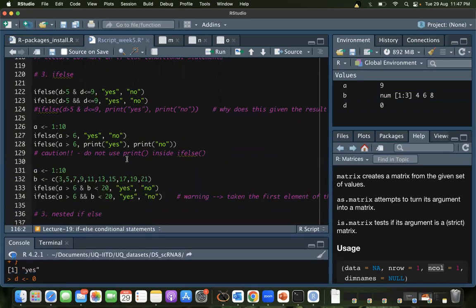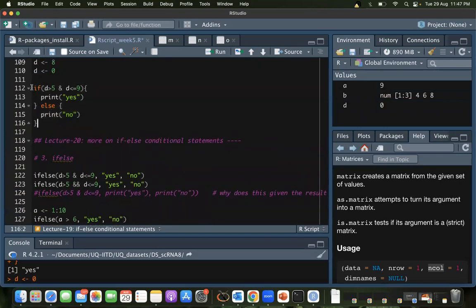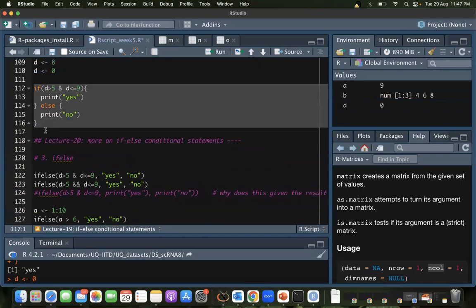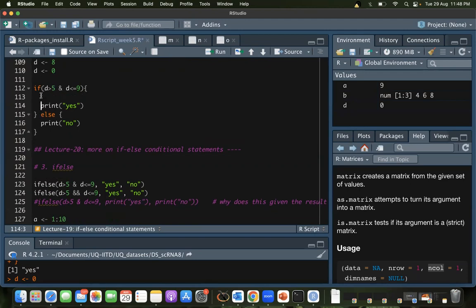Now, further going into some if else statements, I would just like you to be a little careful. This is a good way. This is actually a recommended way of doing it when you have multiple statements within the chunks. What I mean is, this is a statement within the chunk. By chunk, I mean the curly brackets. And here you can write multiple lines, right? You can write print q.